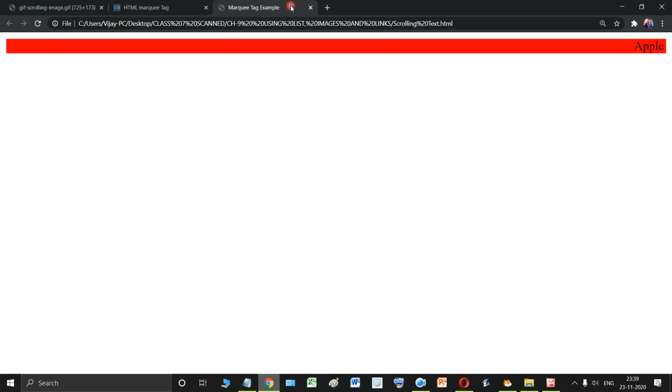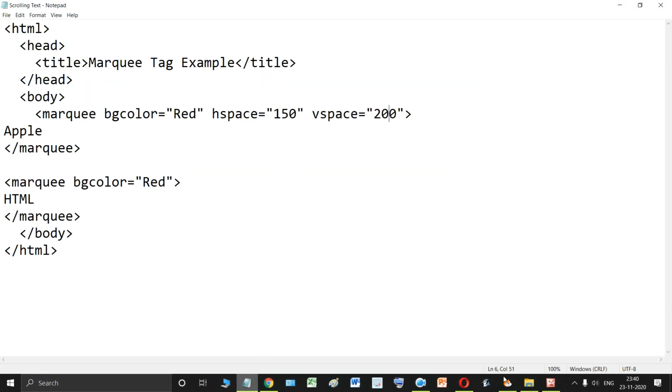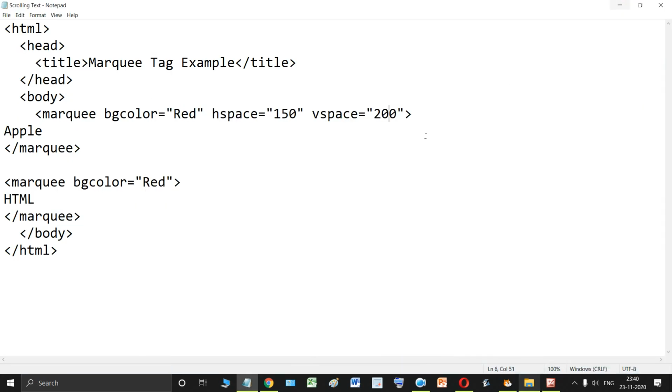But can you change this particular direction? Can you make it move from the opposite side? Yes, you can do that. Can you make this text move from top to bottom? Yes, you can. Can you make this text move from bottom to up? Yes, you can do that also. So let us quickly see how this is done. This can be done using the attribute direction, because the direction attribute indicates the direction in which the marquee scrolls.